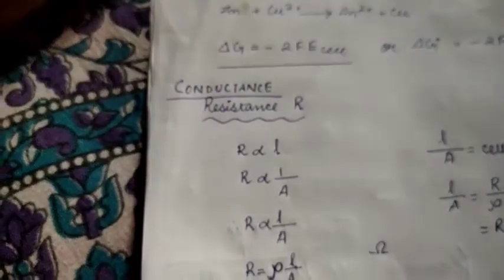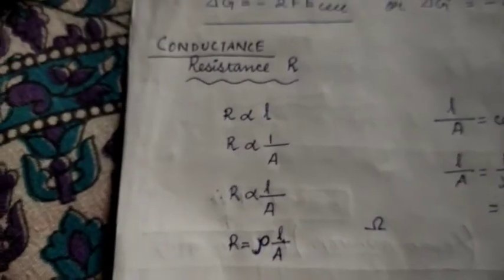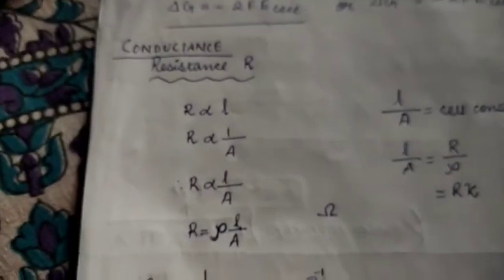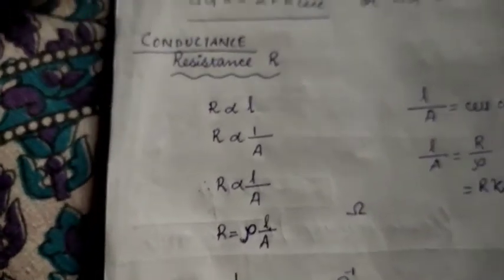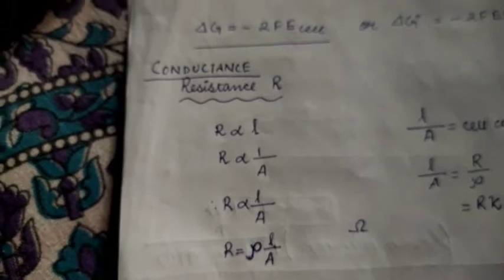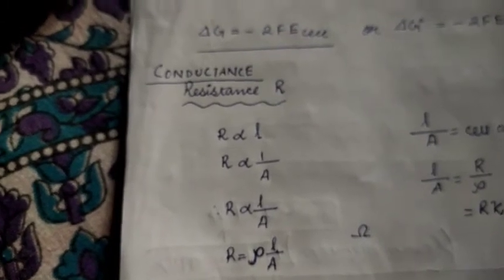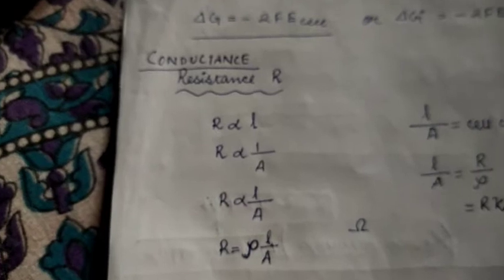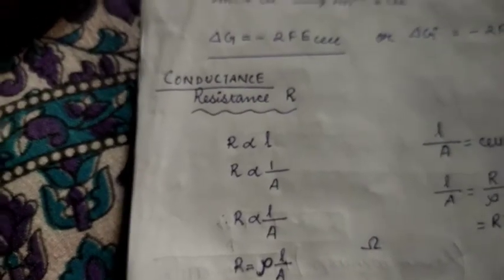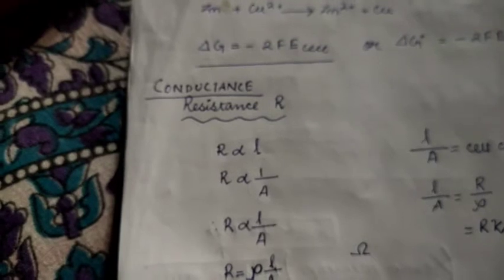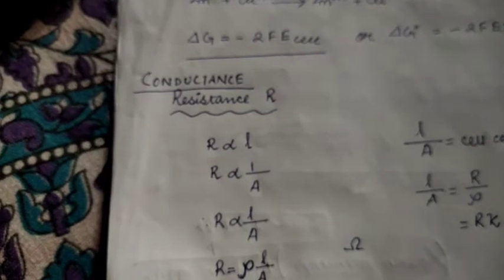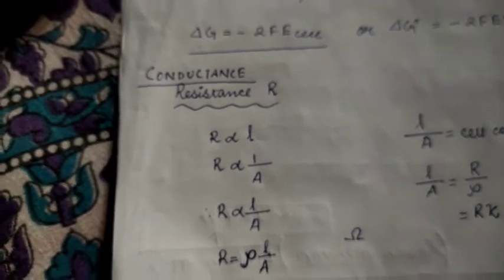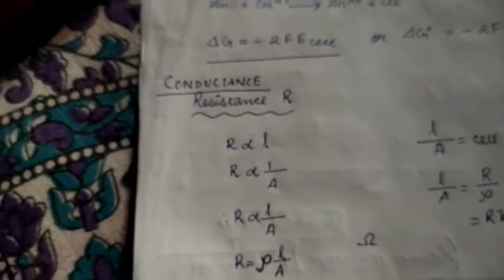Clear? I feel you are already familiar with terms like resistance, conductance, conductivity, resistivity. These are some of the terms that you have learned in physics, in electricity. Since this is a chapter on electrochemistry, it is related to electricity and we need to know these terms, right? So this will be a revision for you as well. Now when we talk about resistance, it is directly proportional to length and inversely proportional to the area. More the length, more resistance. More the area, less resistance will be felt. Clear?